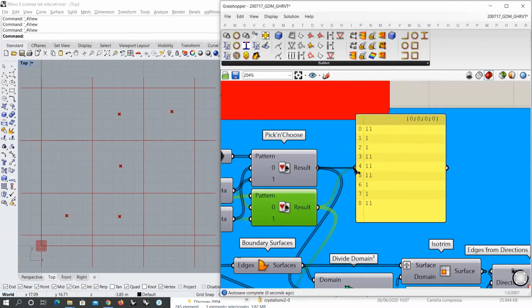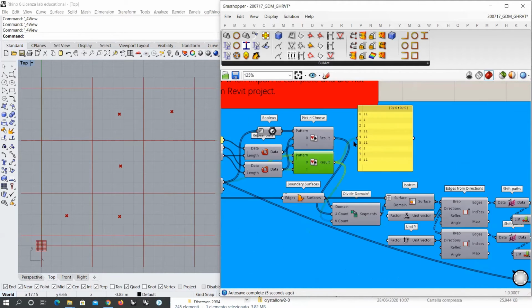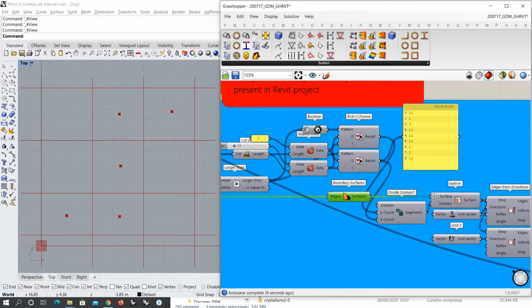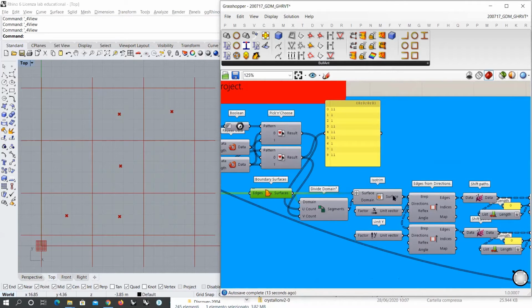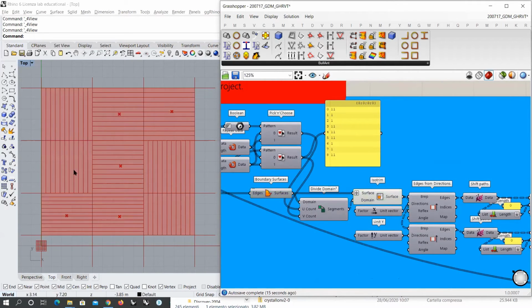So where the first list is 1 division, the other list is 11, and vice versa. And so when you flip this, you basically are deciding the orientation of the secondary beams. And so there is basically converting these 9 regions into surfaces, as you can see, and then using a standard isotrim method for creating panels inside these